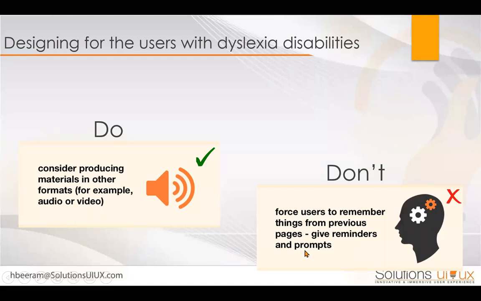Give them reminders and prompts, right? Even for us regular people, we could get confused: what did I give in the other page? Oh, I don't remember. Maybe I need to go back. Let me go back and check. So once you are doing that, you are introducing friction again, and you are asking users to remember what they have done in the past few screens. So try to not ask them for information from 3 or 4 screens ago when they are filling a big form.